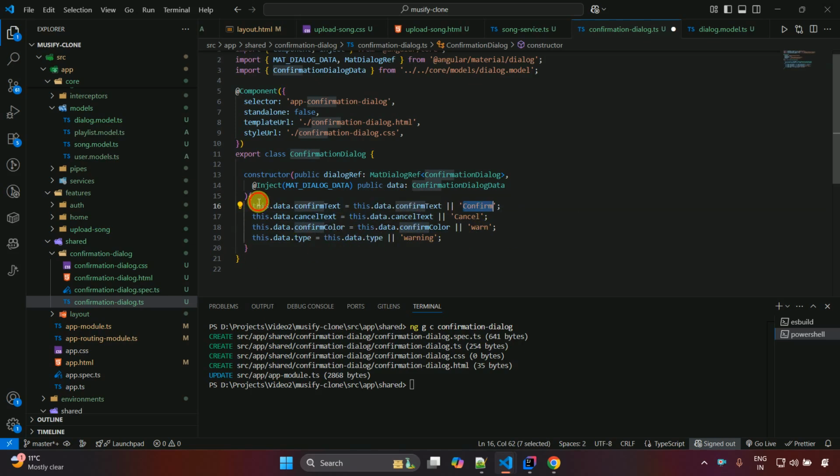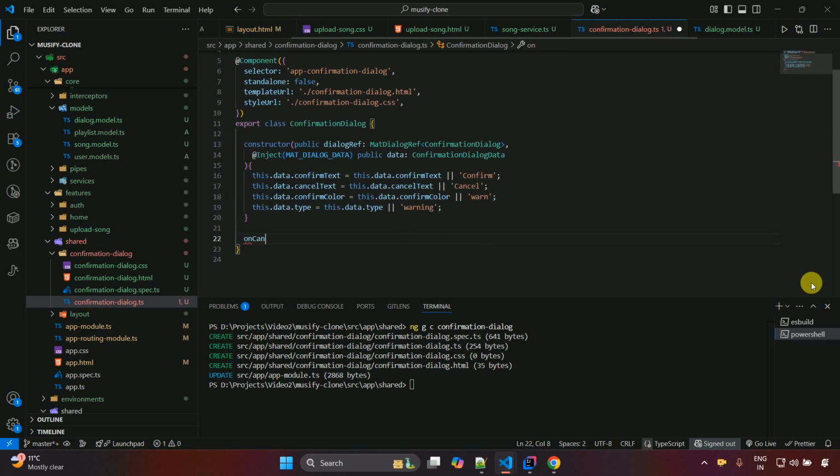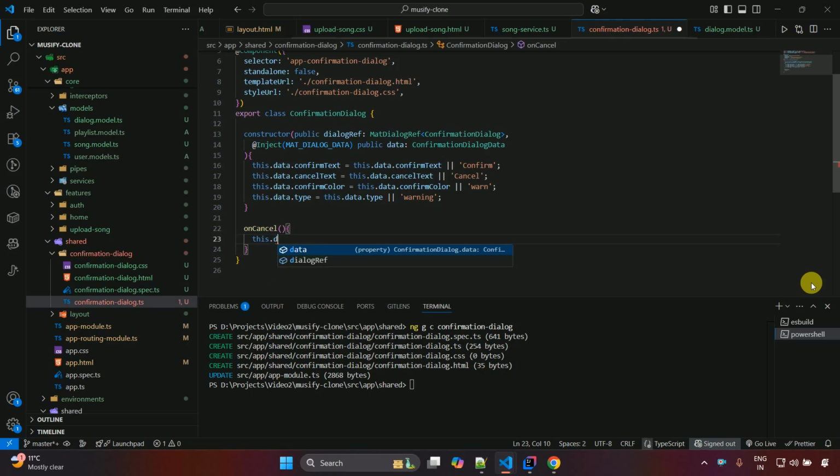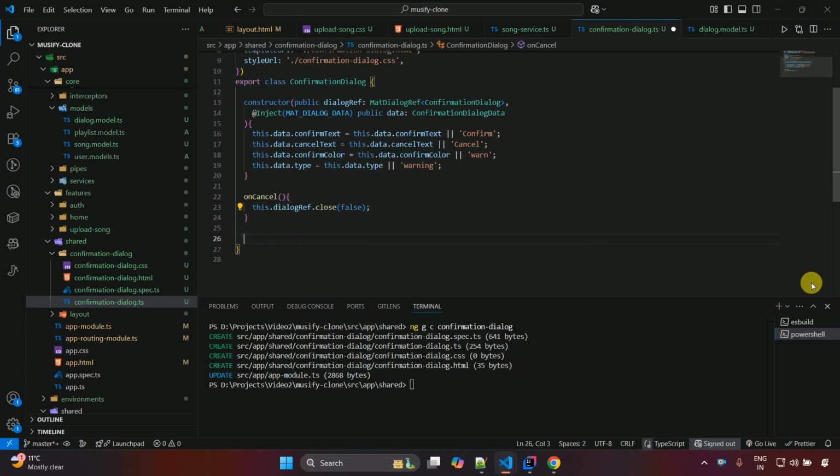Okay, so the constructor part is done, all the values are set. Now we have to go outside of this constructor. We have to write the logics related to the close button, on cancel, those logics we have to write. On cancel, we have to just close the dialog. this.dialogReference.close, and we have to just pass false over here so that no action should be taken. And on confirm,